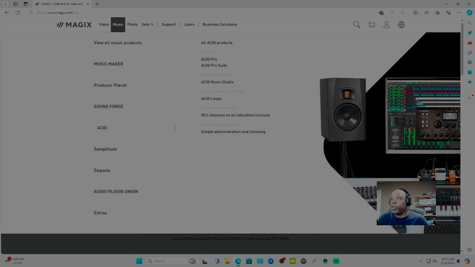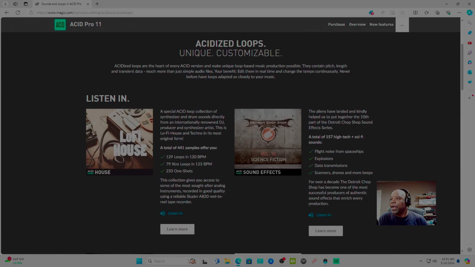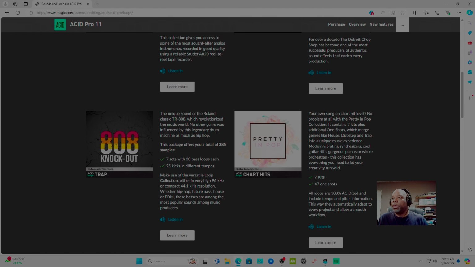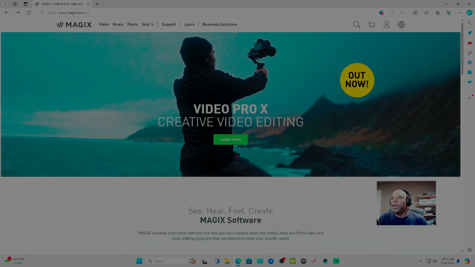It says it's a Pro DAW right there. DAWs for beginners: Acid Music Studio. I like how they labeled that one for beginners because it gets you starting off with loops and things like that. That's how I started off, and eventually I went off into creating my own stuff. Acid Pro Loops, I accidentally clicked that, but that's exactly what it is, loops. People mix with loops and create things.